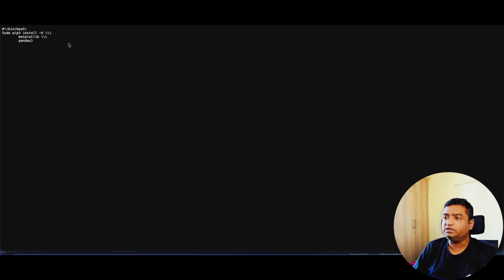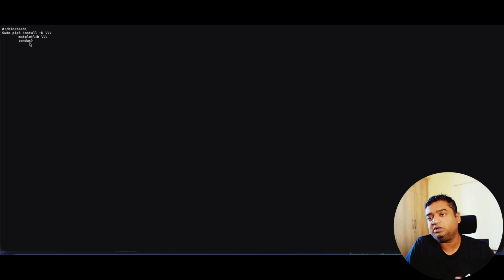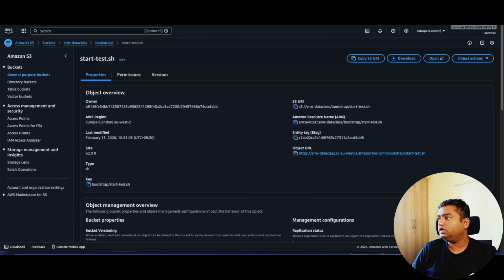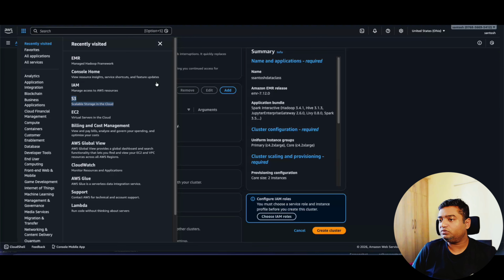I'm not going to run this, but this is how you can add your script. You can add the software installation or any Linux command, because I'm doing this on EMR with Amazon Linux OS. So you can add any of your instructions in a file, save it, upload it in an S3 bucket, give the proper permission, and then copy the path from here, and come to the EMR